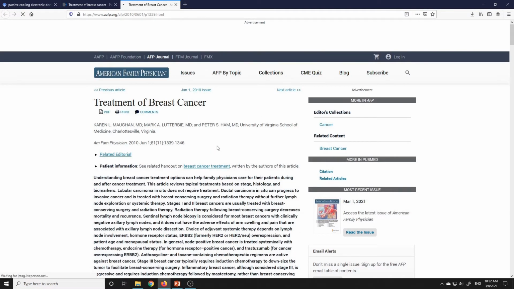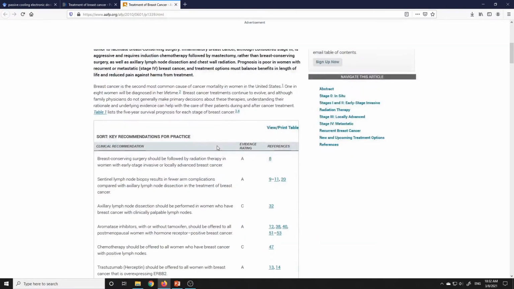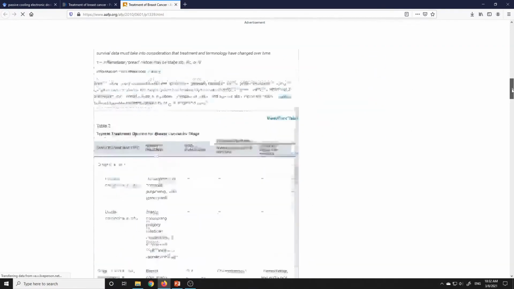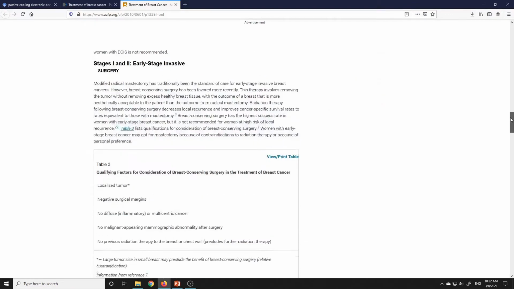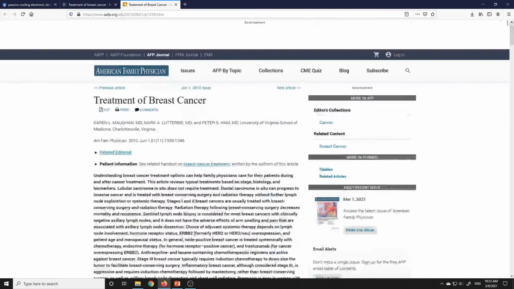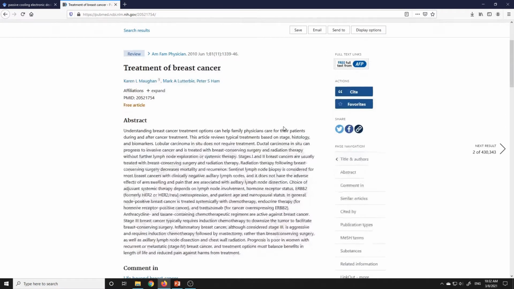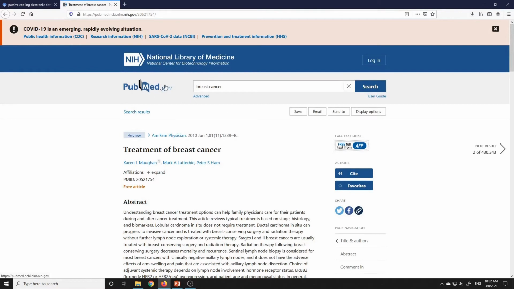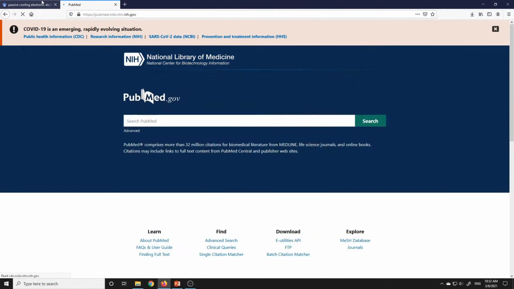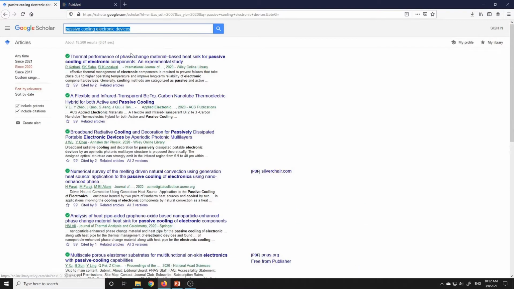All those people who are from a medical background can use this, and I think it is a much better platform for medical journals. I don't know how you can download it from here. Either this one is not free, or here I don't have access to download it for free. But you got the point how you can view this one. Similarly here also, let's see whether it is free or not.